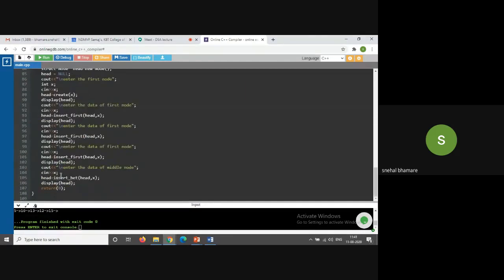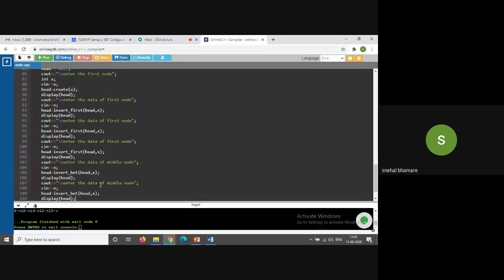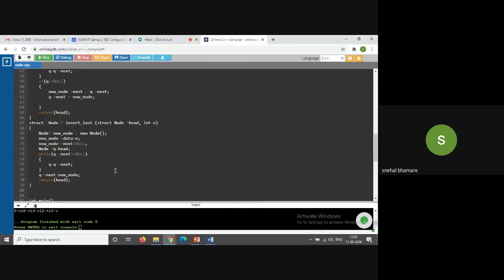And I have to call that function in this. So again, I'll repeat these three statements. Only I'll change the function name. So insert the data of the last node, let's say x, and insert at last. Okay, that is my function name.